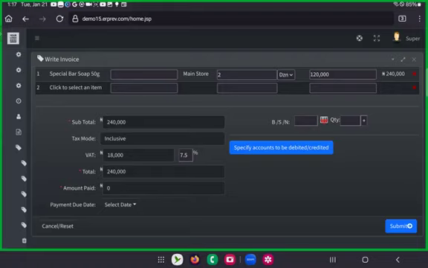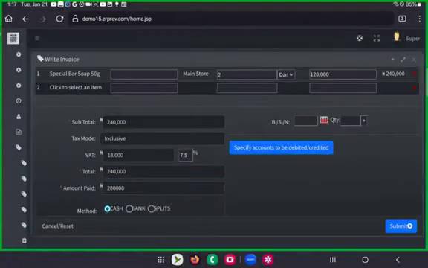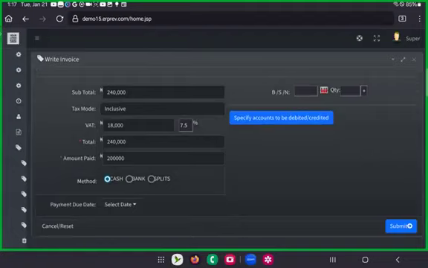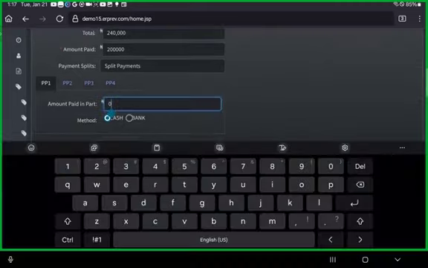So in this particular case, I assume that this person paid 200,000 only. And in terms of the payment, let's assume the person paid 100,000 cash and 100,000 to the bank. It could be 100,000 via POS, 100,000 via transfer. That is also possible. It could even be different amounts of money to different bank accounts. It's possible. So let me just click on split because it will show us the cash and bank is very straightforward. So for split, let's assume the person paid you 100,000